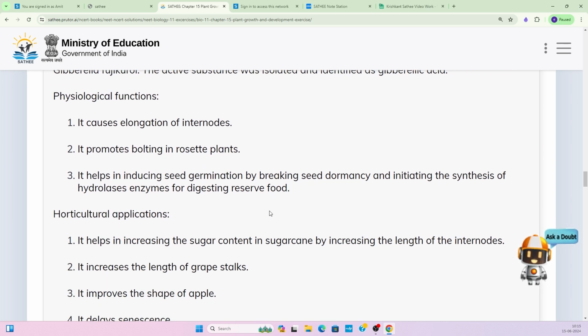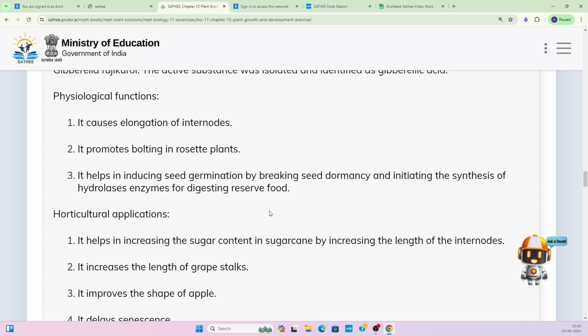What are the physiological functions of this? It causes elongation of the internodes. Okay, the internodal region of the stem increases in size. It promotes bolting in rosette plants. Some plants have a lesser internode size, so they form a rosette-like structure. But when sprayed with the gibberellin, the internodal region increases and they form the bolting